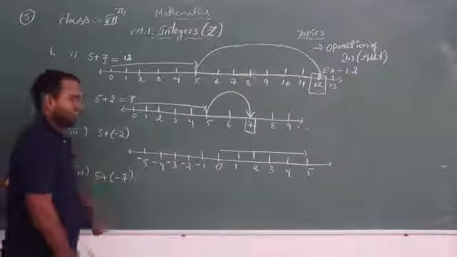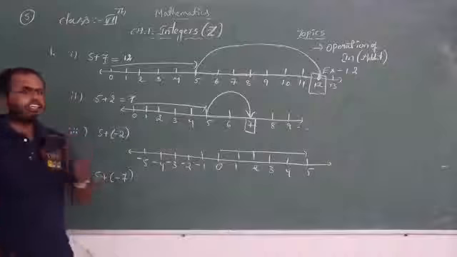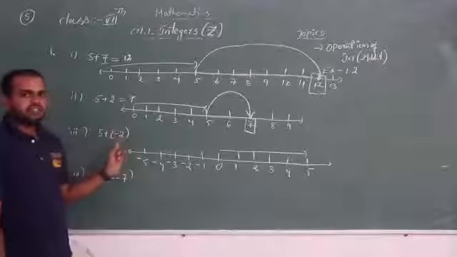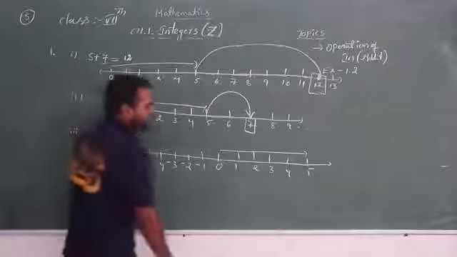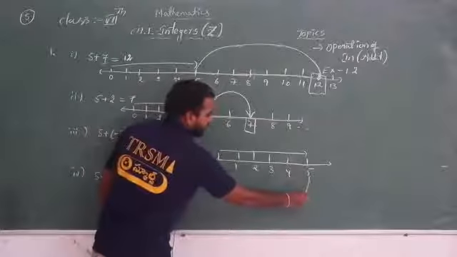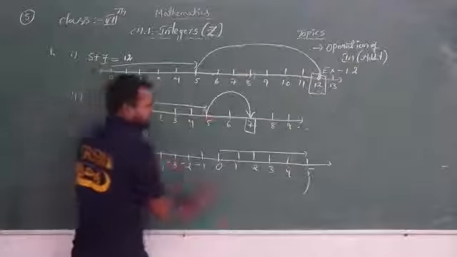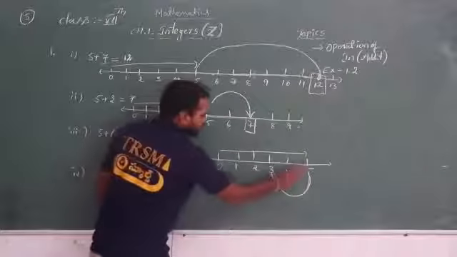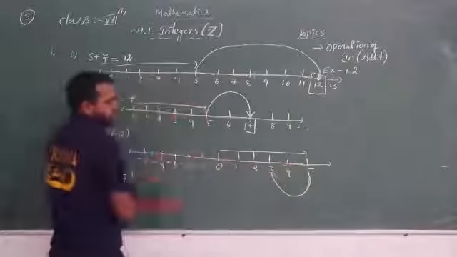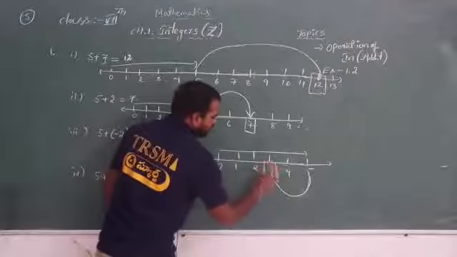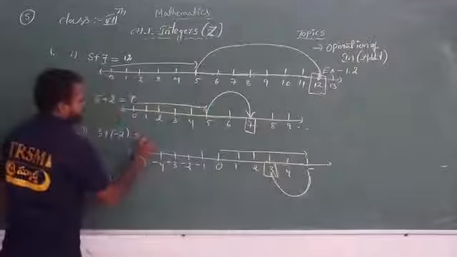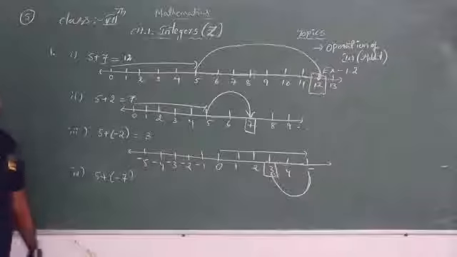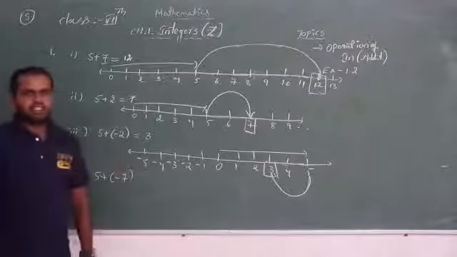Now minus 2, it means what are we adding here? We are adding a negative integer. If we are adding a negative integer, which direction do we have to move? We have to move left side. How many places? 2 places. So it means 1, 2. Where will it come? Here. So 1, 2 places we moved. What is the answer now? Plus 3 is the answer. So 5 plus minus 2 is nothing but 3.